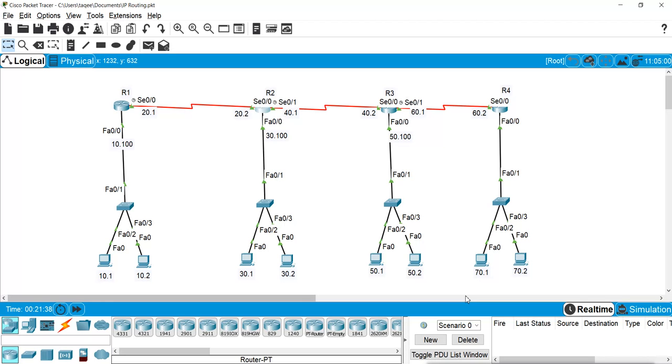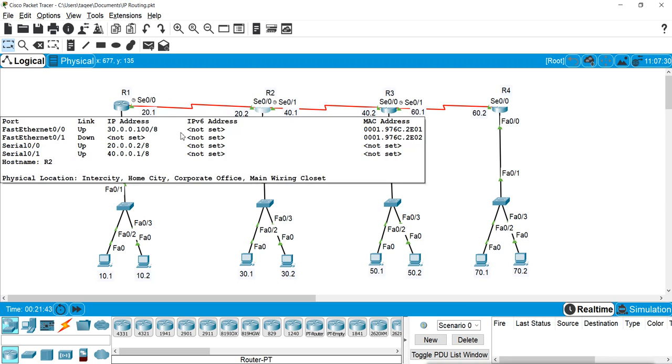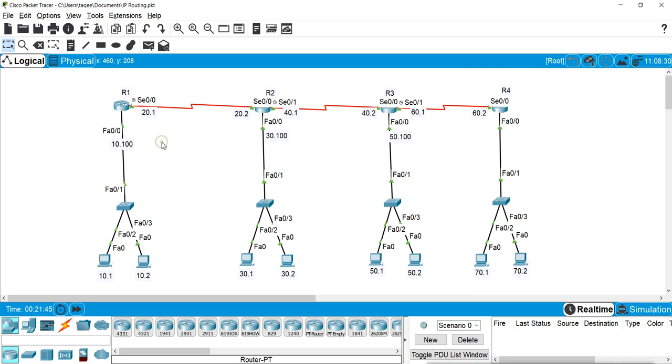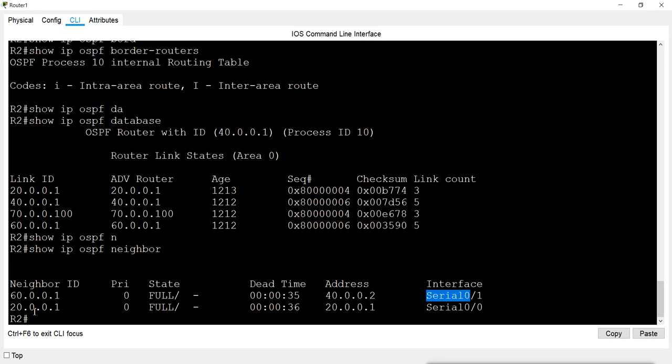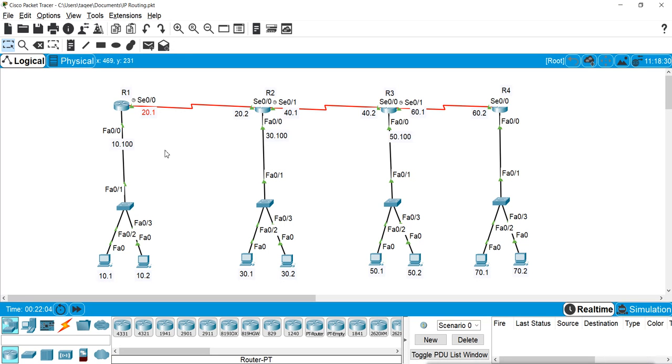For example, if you can see here, we are in router 2, and the neighbor is router 1, which is connected with this link, and this is the IP of that link, and the router ID is actually the same for this router 1. As you can see, the router ID and the connected link address are both the same. Why? Because this is the maximum IP of this router, and that becomes the router ID.